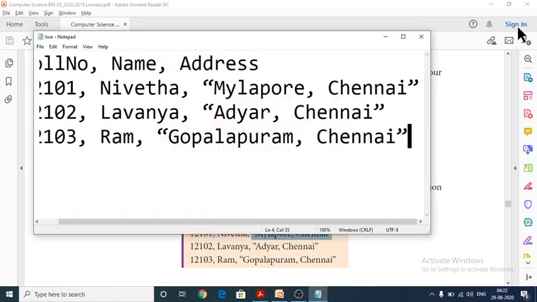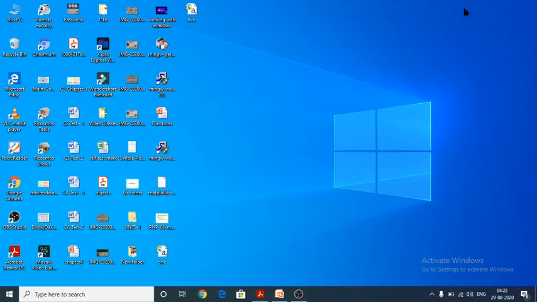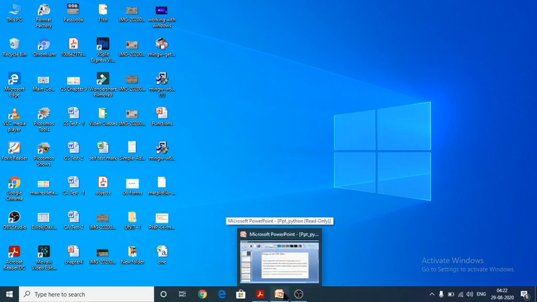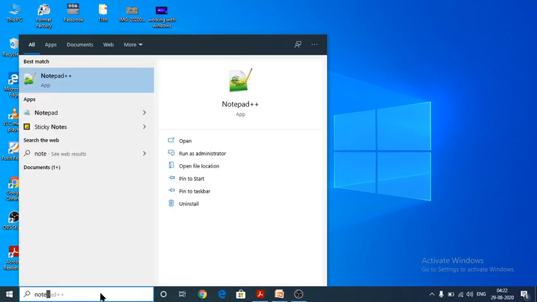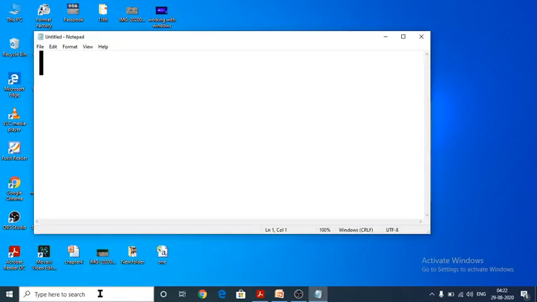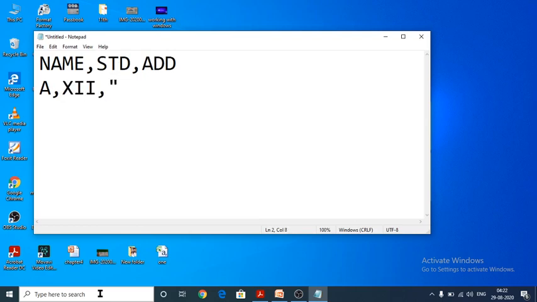Yes, let me try. I am going to delete this one. So open Notepad. Here I have to give name, standard, and address. Okay, A, 12th, and within the double quotes I have to give the address, but sometimes it may not work. Last year when I taught the students, it did not work.